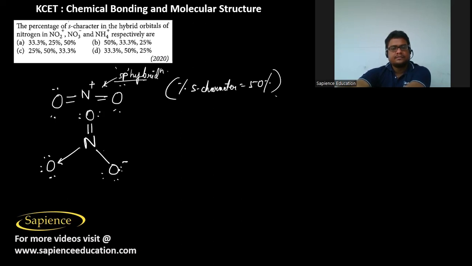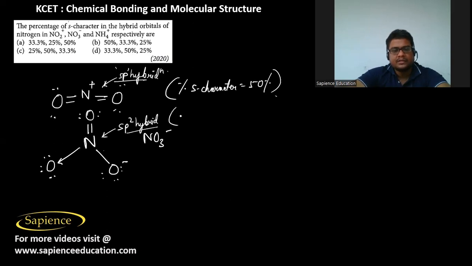Okay, so it is the structure of NO3 minus. So here the nitrogen atom is linked with 3 oxygen atoms. So here nitrogen is sp2 hybridized. So here the percentage s character will be equal to 1 by 3 into 100, or 100 by 3 percent,